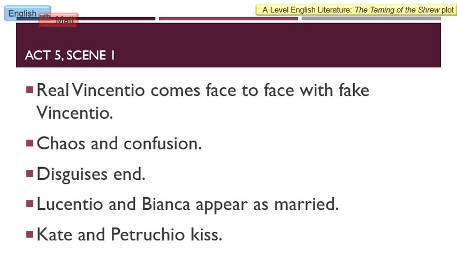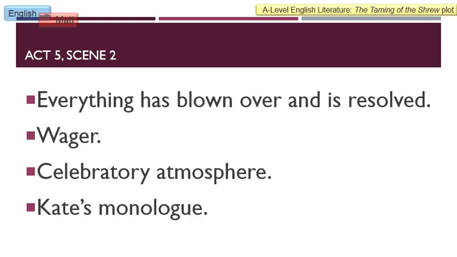Tranio, Biondello and the pedant run off because they're probably going to get a slap round the face for what they did, but they're not going to be killed like they maybe would in a tragedy, and they are actually present in the end scene, so all is forgiven in the end. So this scene prepares us for the final scene, where all characters are back to being their true selves. Finally, the end of the play, the resolution, all to do with a happy ever after, really,